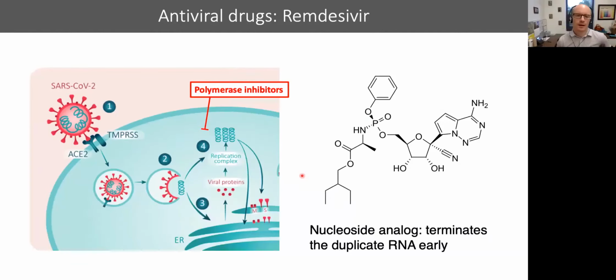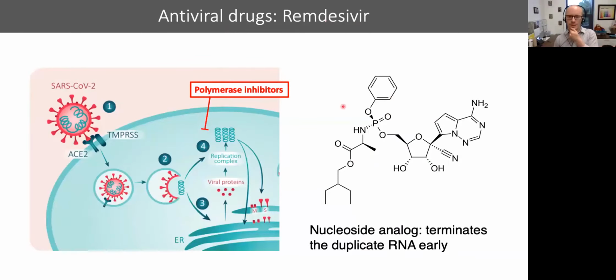The other antiviral drug that I will briefly mention is remdesivir, which maybe you've also heard about. This drug was designed to inhibit viral replication in general by blocking viral polymerases, so blocking the replication of the viral genome. And the idea was that many viruses have very similar polymerases, and so you could use it as a drug against many different types of viruses.